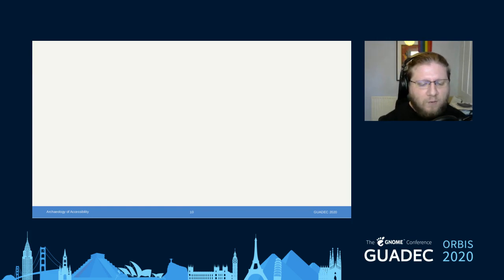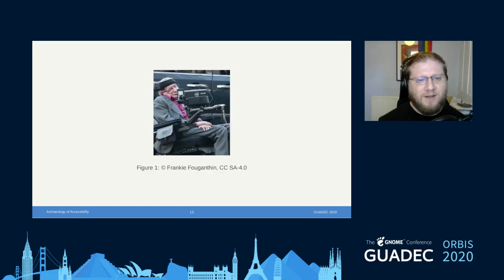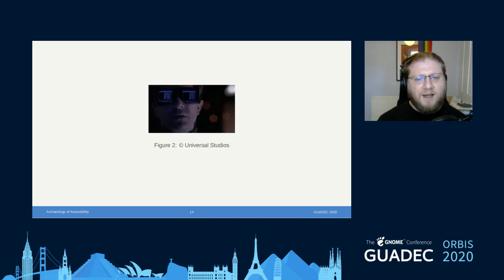But what are we talking about when we talk about accessibility? Who benefits from it? There's a common misconception about the topic of accessibility. When people say that an application or web page must be accessible, the mind goes to certain images. We all know them, like this, who was Stephen Hawking on his incredibly cyberpunk chair, or this, who's a character from the awesome